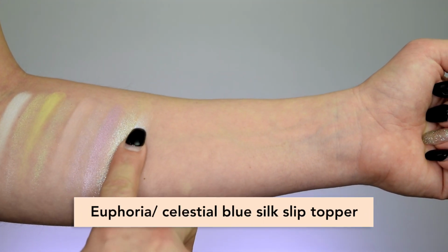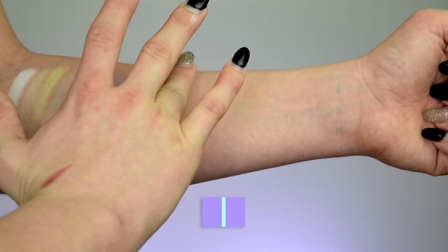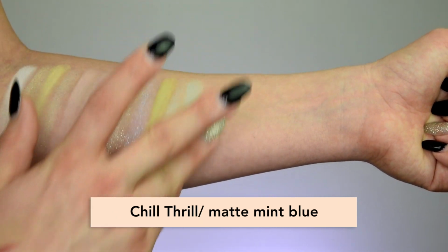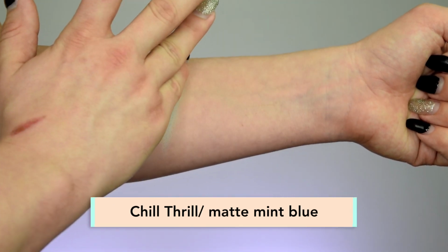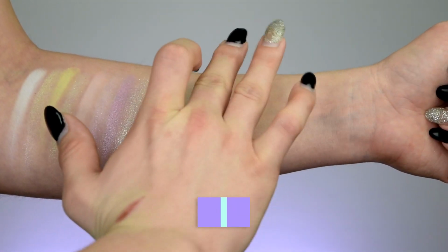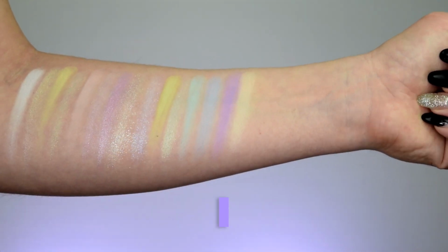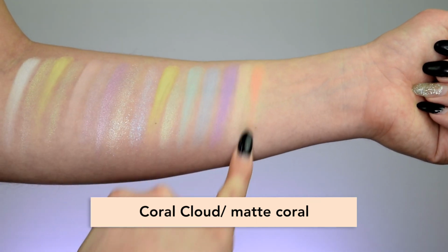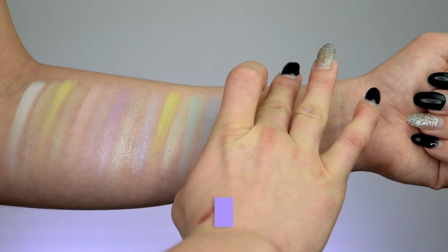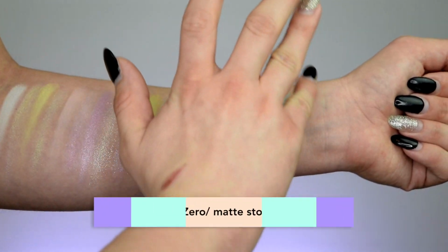Next is the shade Euphoria, then Echo, the shade Thaw Yeah, Chill Thrill, Into the Blue, Dreamer, Get Fresh, Coral Cloud, then the shade Soar, Dazed, Cold Snap, Below Zero,